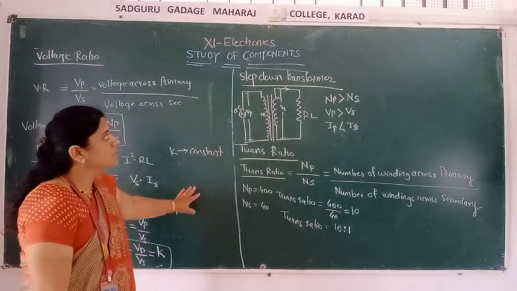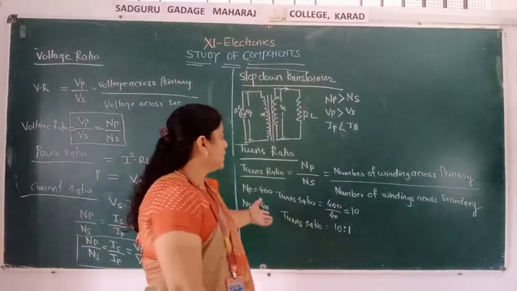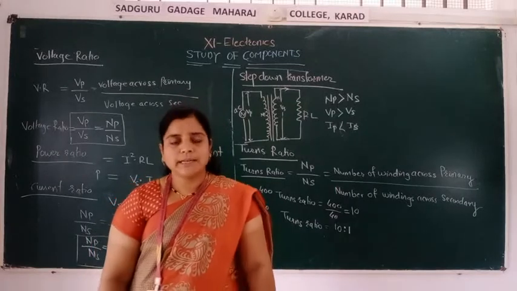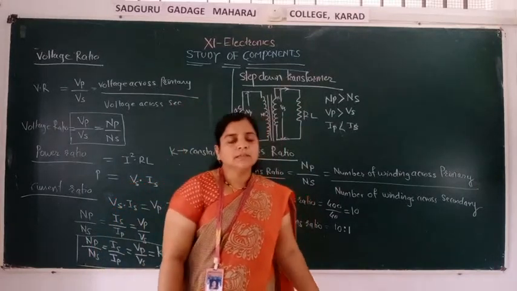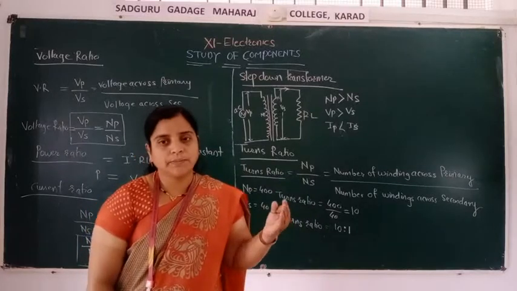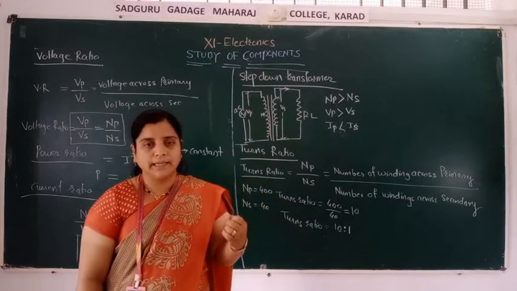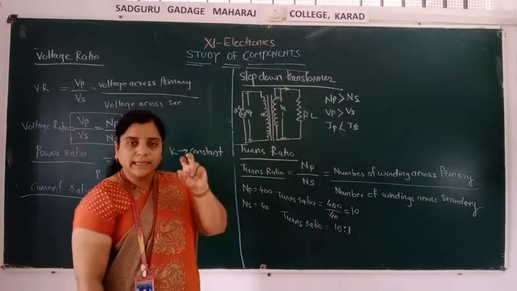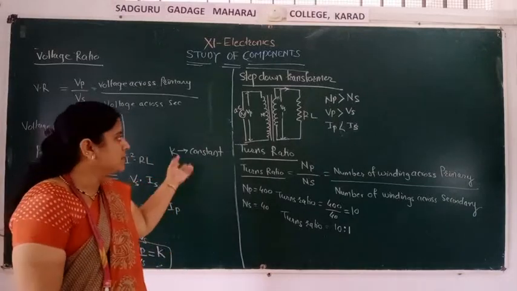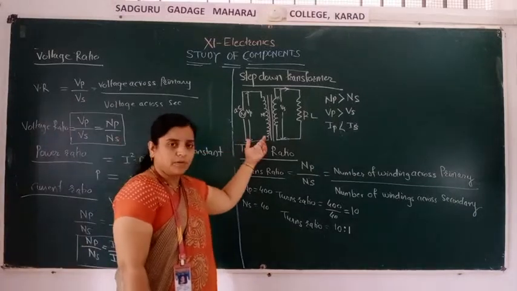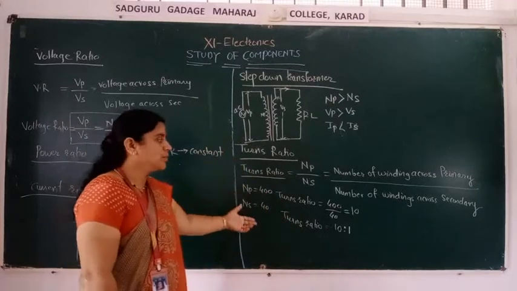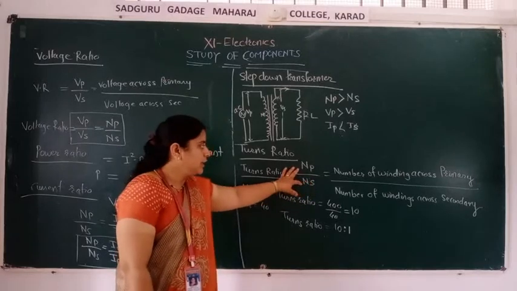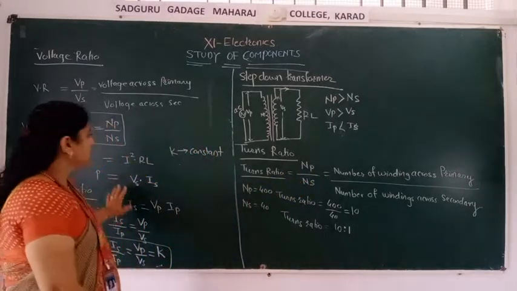All of you understand this? This is a very simple concept that we have seen here. There are three types of transformer: step up transformer, step down transformer, and mutual transformer. In the step up transformer, the number of turns of the primary is greater than the number of turns of the secondary. In the step down transformer, the number of turns of the secondary is smaller than the number of turns of the primary, that we have seen with its diagram. So all ratios we have seen. Turn ratio is nothing but the number of turns of the primary and the number of turns of the secondary in ratio form. Okay, all of you understand this?